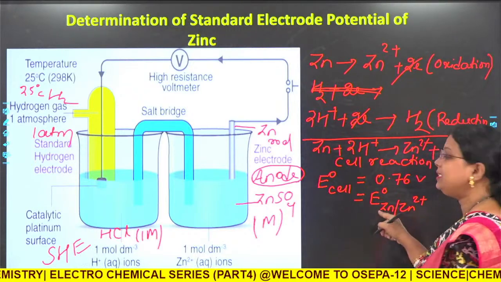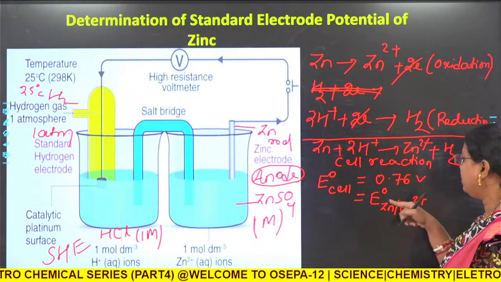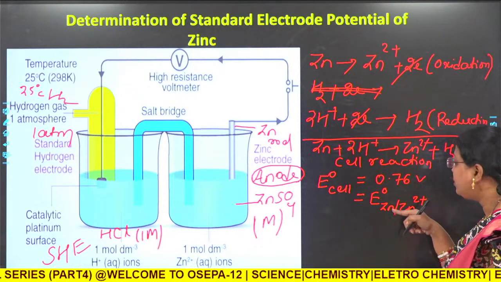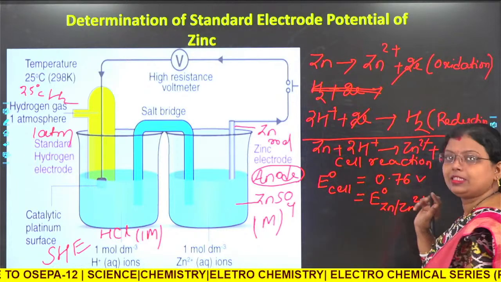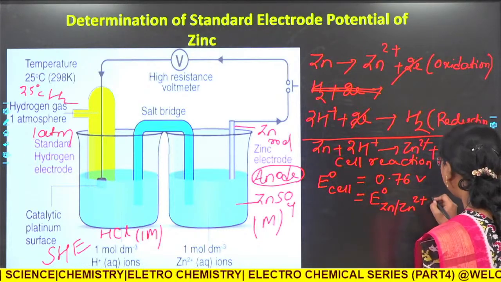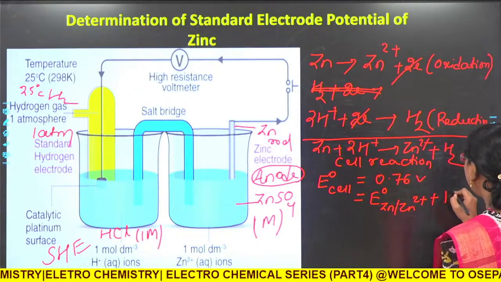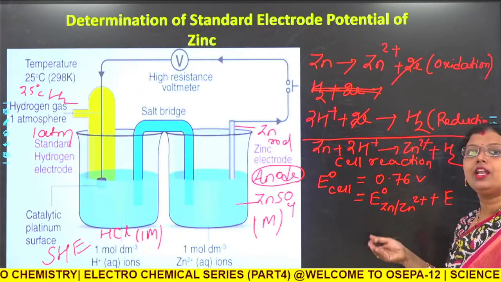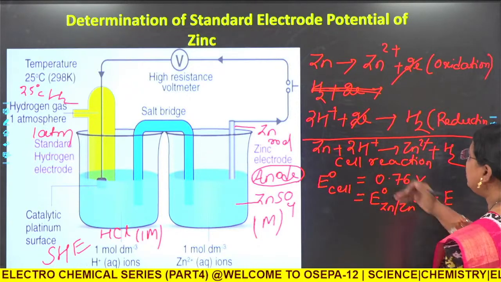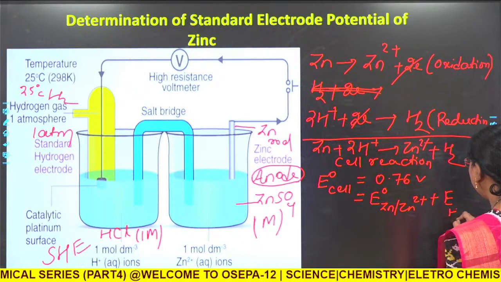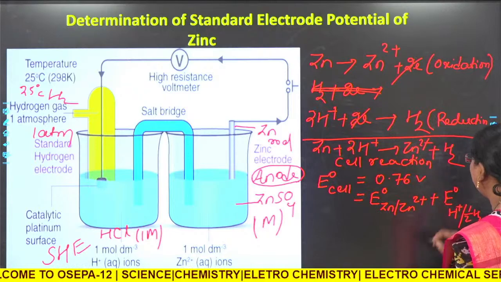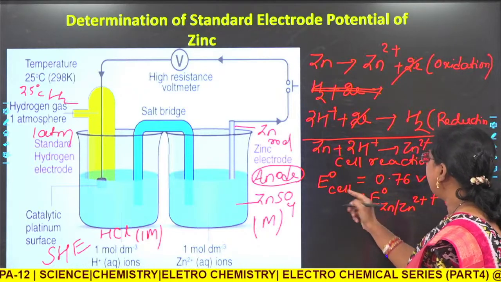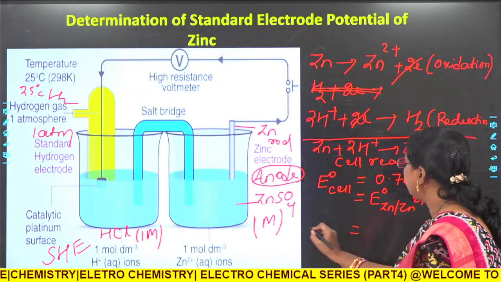That is why I have written Zn2+. From this presentation, what do you confirm? Here is the oxidation potential plus the reduction potential of the cathode. So for the reduction potential, you can write H+ going to half H2, standard. So E° cell is equal to